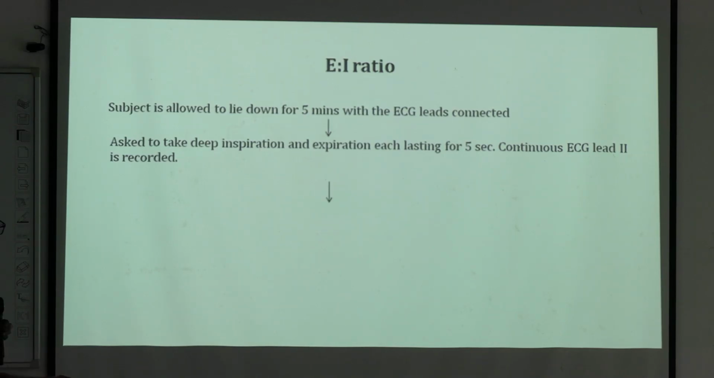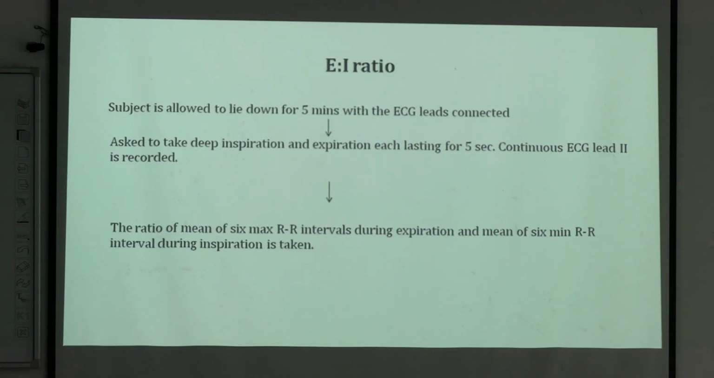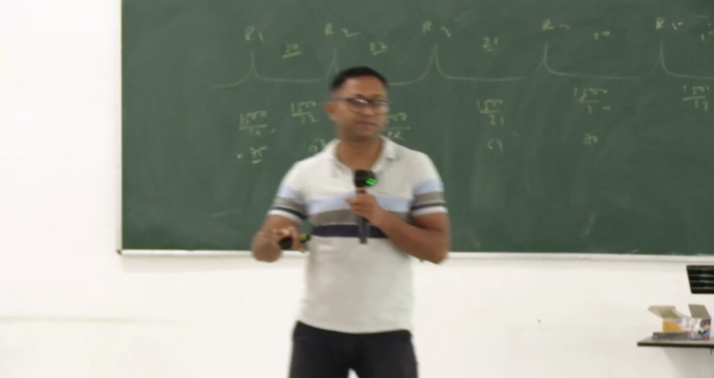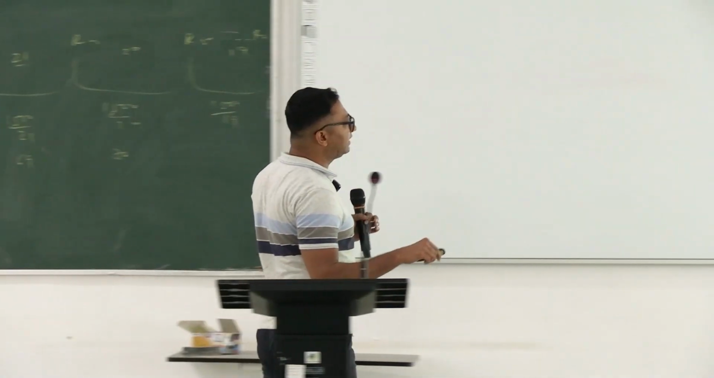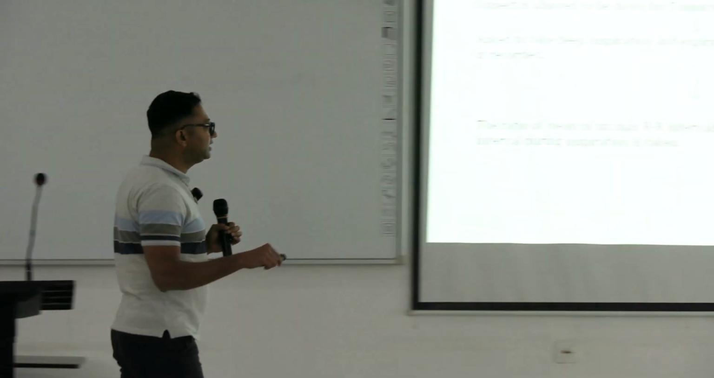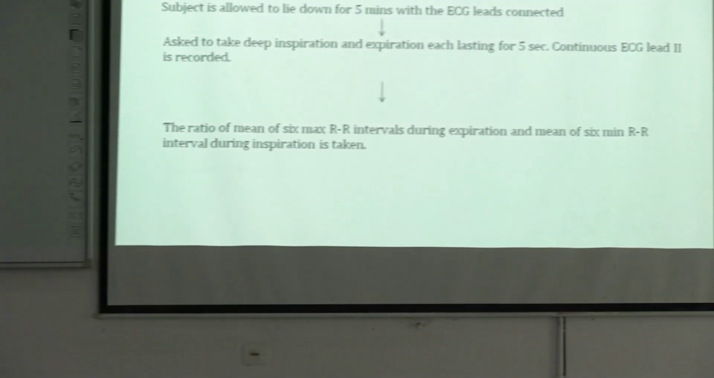And the ratio of mean 6 maximum RR interval during expiration and mean 6 RR interval during inspiration, this ratio is taken. Okay. No need to take snaps, I will share in the group, right, because this thing is not given in your book, but question comes from this segment, right. So, the ratio of mean 6 RR intervals during expiration and mean 6 RR intervals during inspiration, this ratio is taken,